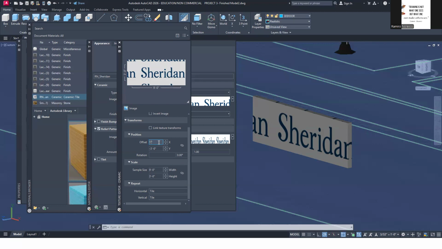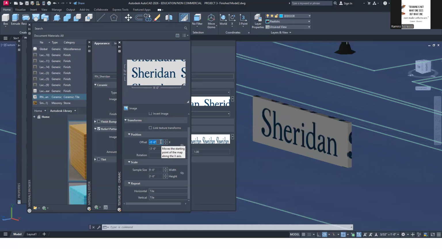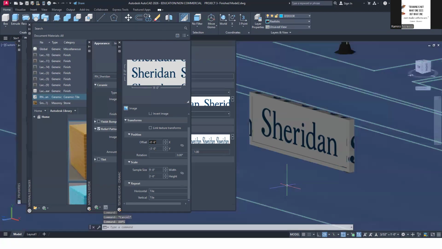Okay. That's good. The negative 1 foot. Yeah. Let's just do negative 6 inches. Okay. Right? So that looks good. And then I use oops, and then I need to apply a different material for this one.